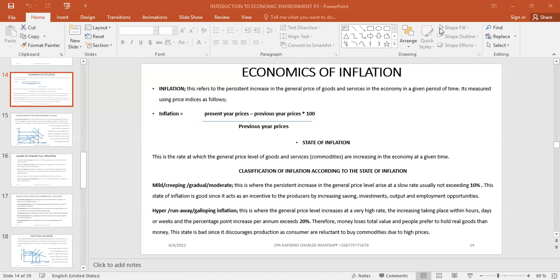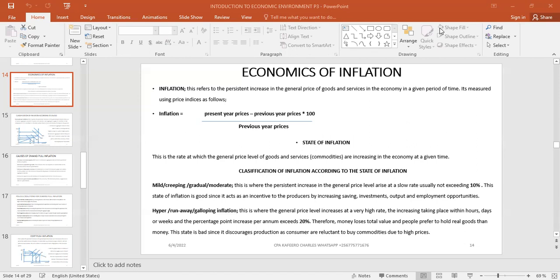It is increasing but not at a very high rate. Or moderate. Moderate is something which is in a bit in the middle. It's not too high, it's not too low, it's somewhere there in between. So mild inflation